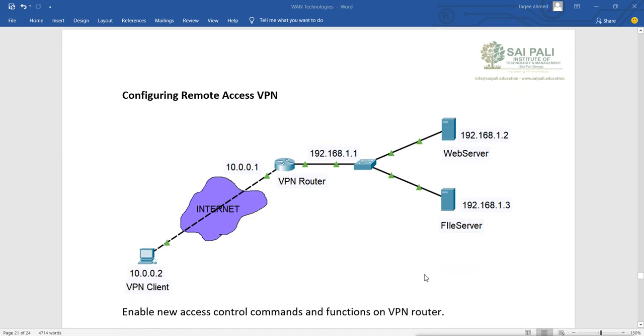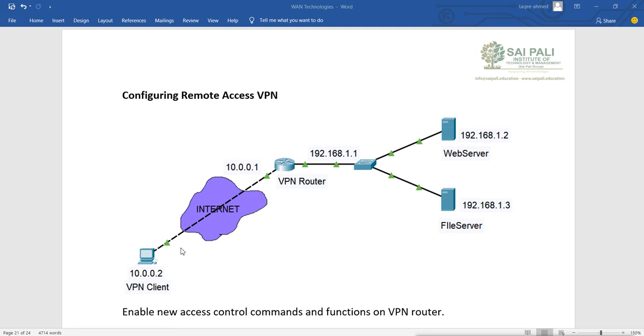Now configuring this remote access VPN. Remote access VPN means we have our resources in our building and we want to give access to VPN clients. A client means a normal machine which wants to access the local resources of our local network, like web server, file server, whatever we have kept in our local environment, but we want to give access to a normal client who wants to access it from a remote location.